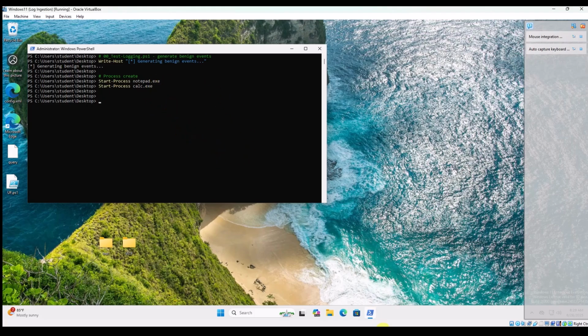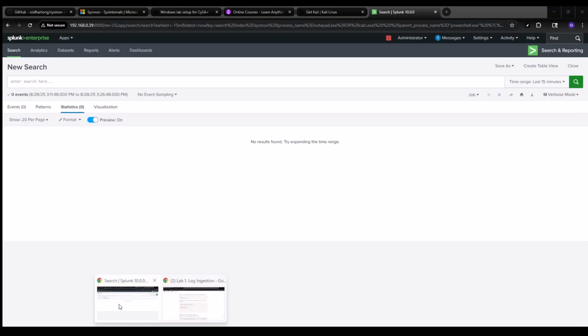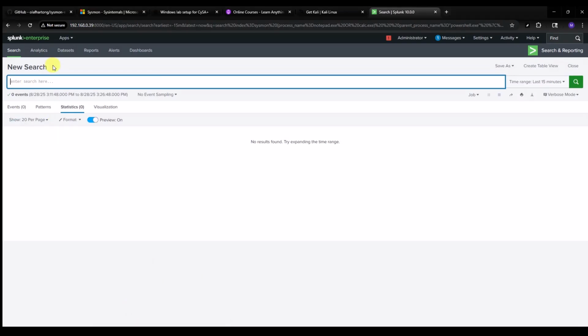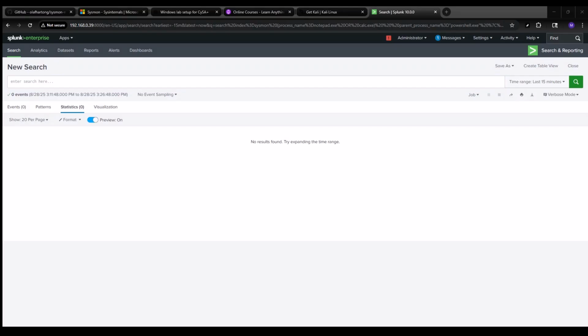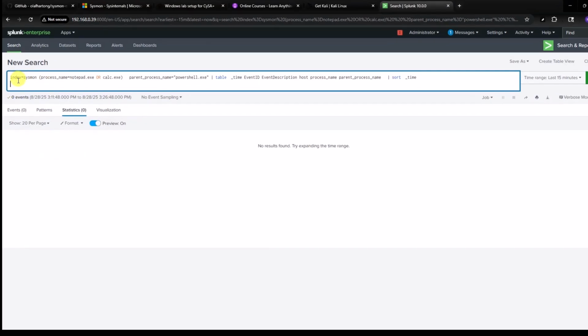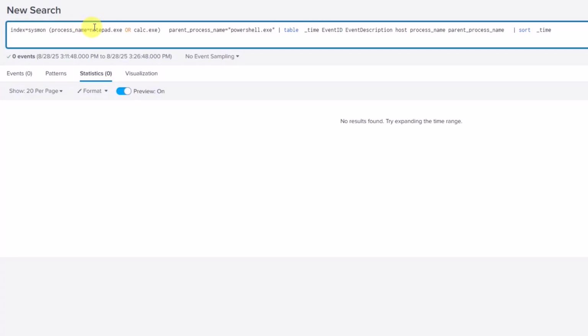So now if we go back to Splunk that we are accessing from our host browser, we can just use a very simple SPL. What this SPL is doing is it's looking in the Sysmon index for either process name Notepad or Calculator, and we're looking for the parent process of PowerShell, and then we're creating a table that will include these fields, and then we're sorting that by time. And right now we're looking in the last 15 minutes because we just ran that script. So if we run this,